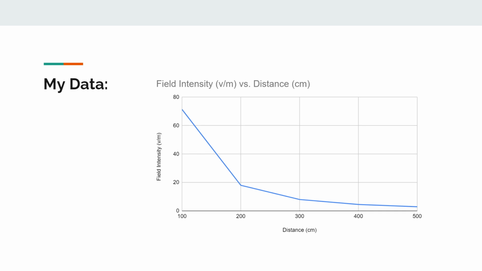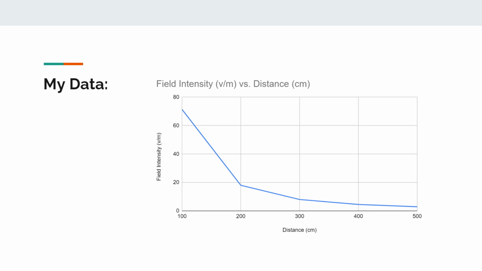So, yeah, I would place two charges away from each other, and then I would measure the volts per meter in the center, and then continuously move each charge 50 centimeters to the left or right, increasing the distance by 100 centimeters. I did this 5 times and then recorded my data, and I said on the last slide that I was fairly confident in my hypothesis that the voltage and the strength of the electric field would decrease as these charges got